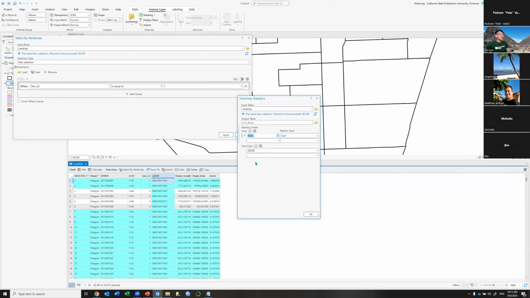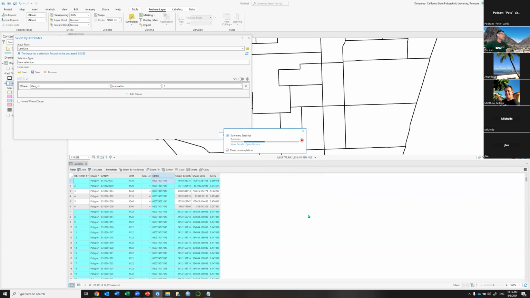So in other words, if I calculate the summation of acres for now, this means only for those selected records. So technically, what I'm doing right now is calculating the summation of acres of the general land use classification 1 only. Okay, so if I click OK,